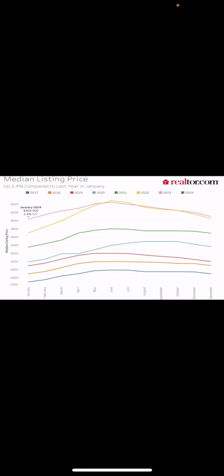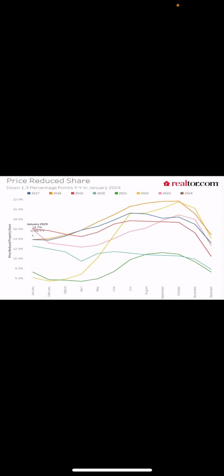Median list price. This is the median price that homes are placed on the market. This number has a high correlation with the final sale price. We are starting this graph at the highest amount for this month of all time, as you can see in January. And as we get more into May, June, July, all the experts are predicting that that number will continue to increase throughout the buying seasons.